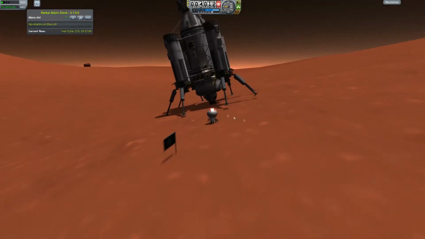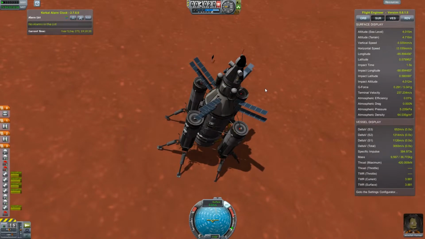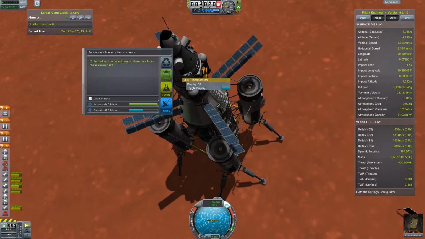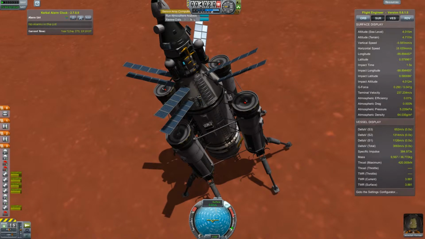Jebediah goes into the command capsule and Bill and Bob are staying in the science module. Let's deploy our solar arrays and do all the science that we can. Alright, and now we have to process the science from the atmosphere sampler or whatever this thing is and send it home, because we take it once in the higher atmosphere and once at the ground level, and to do that we'll require to empty this module so that it can take more data,